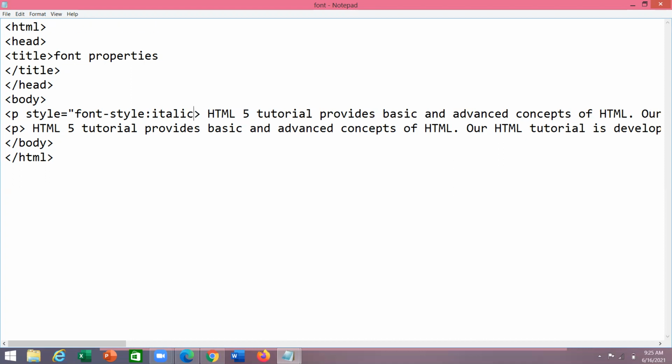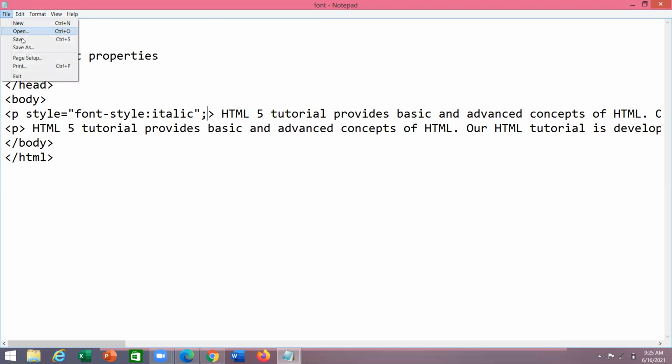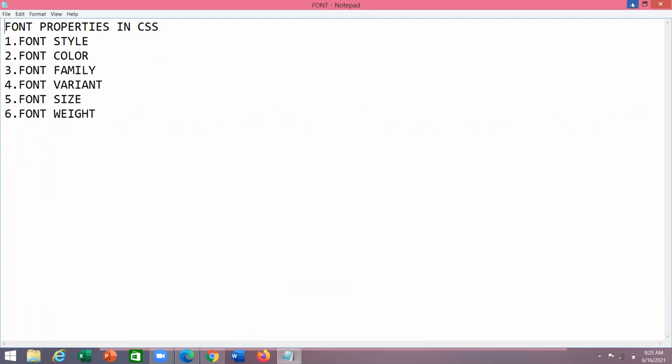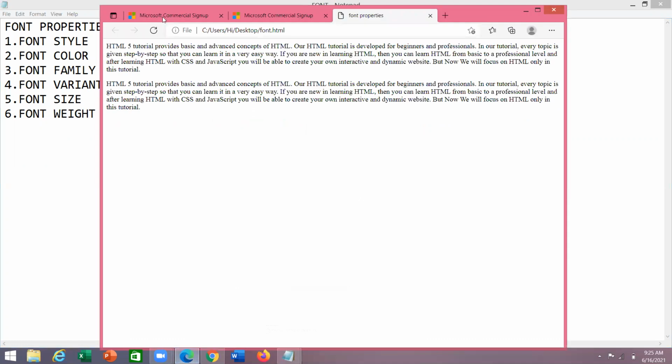I'm closing the double quotes. This is called inline. Now I'm opening the browser and refreshing it. The first paragraph is displayed in italic.